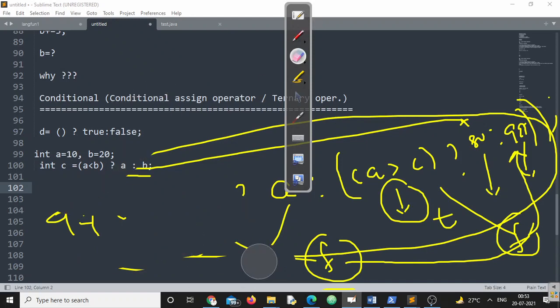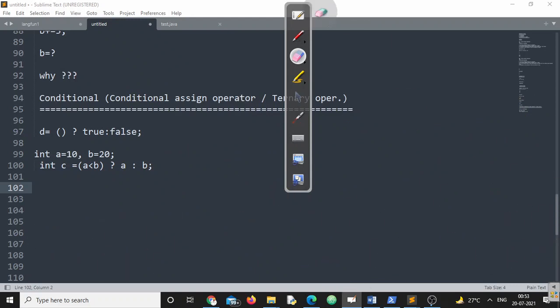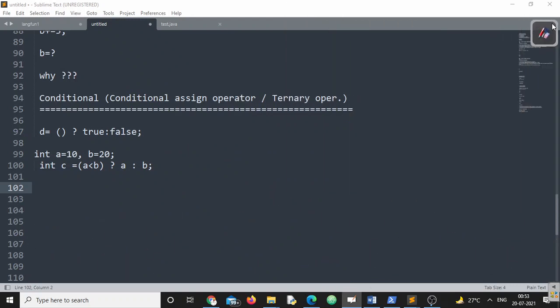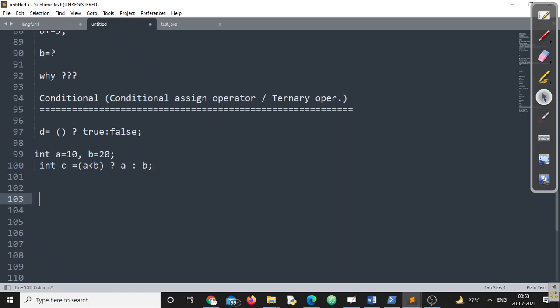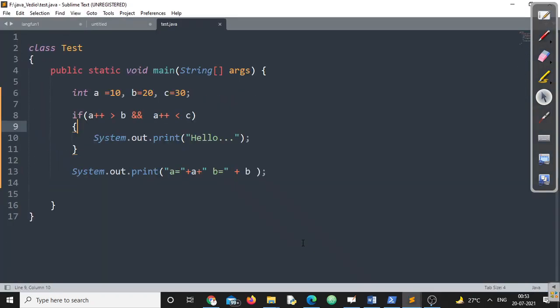So one thing you can conclude, ternary operator can also be nested. If you want, you can also nest all these operators, right? So that is all about your ternary operator. Remember, ternary operator is also called as conditional assignment operator. By mistake, if you are writing something like this, let us cross check that one in the compiler itself. We'll answer that question there itself. We'll raise that case here itself.